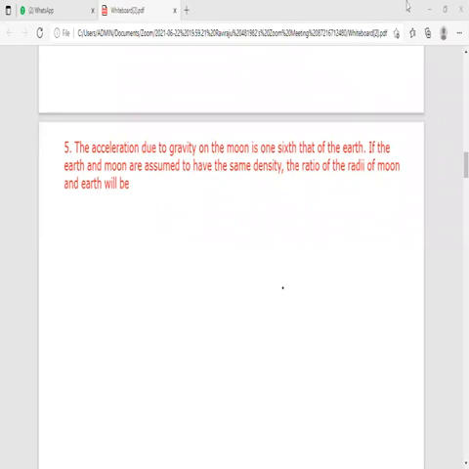So what is the general formula for small g? Small g is nothing but G capital M by capital R square only. But you have to compare these values for both of them. But here masses of both of them are not same. Mass of Earth is not equal to mass of Moon, but the density is given same. So better you write in terms of density. Density means mass by volume. Then mass means density into volume.